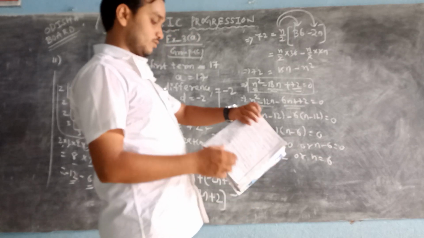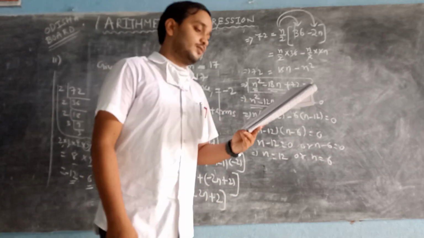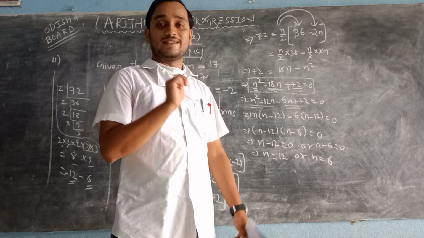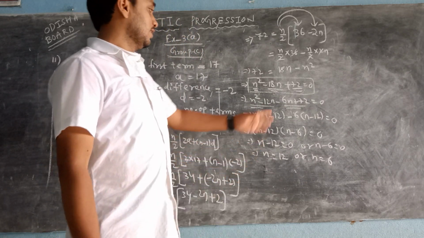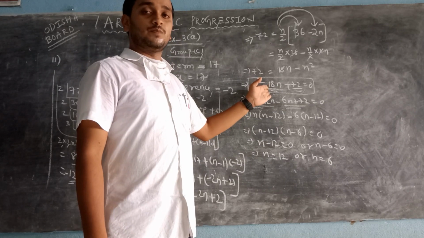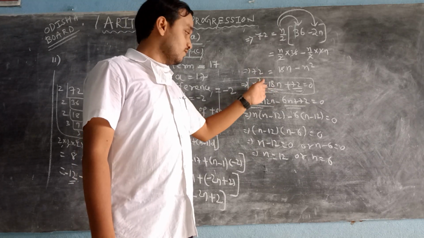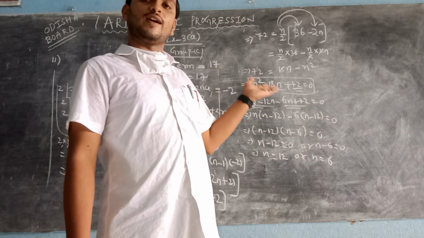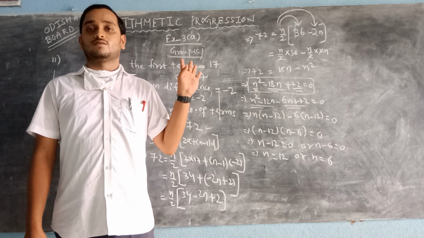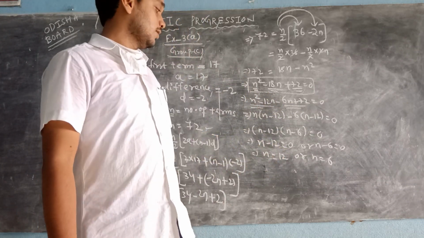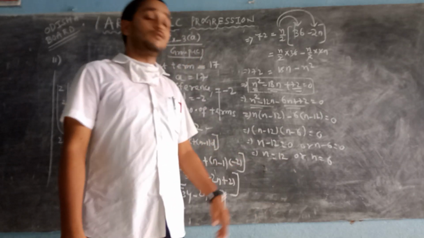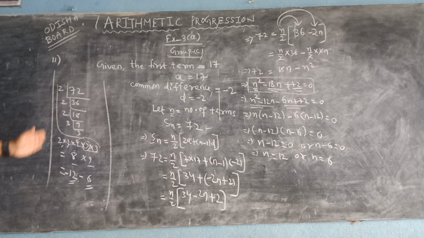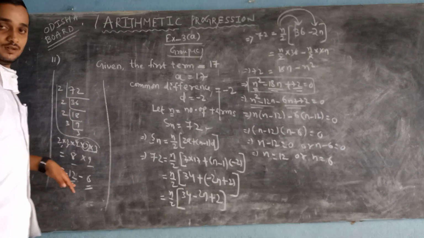And let's come to the question. The sum of how many terms will be 72? What is the reason to get two answers for this? Because simply this is a quadratic equation form. The maximum power is 2. So after solving this quadratic equation, we will definitely find two values. That's why in this case we find n is equal to 12 or n is equal to 6. And this is the factorization, how to find the two values by finding the LCM